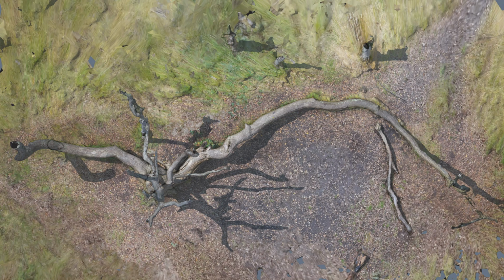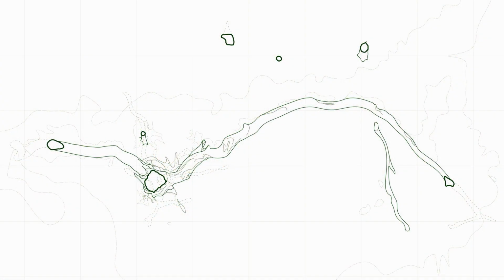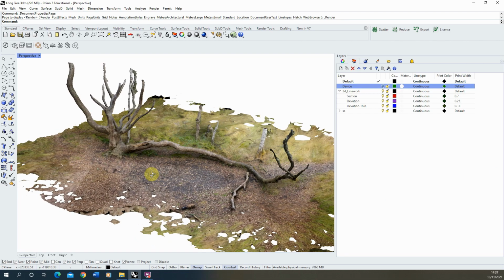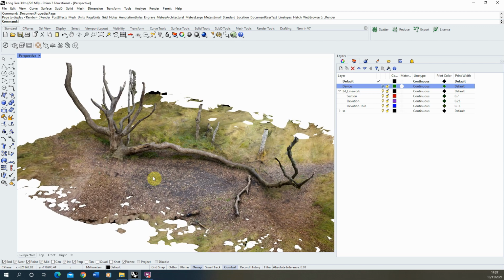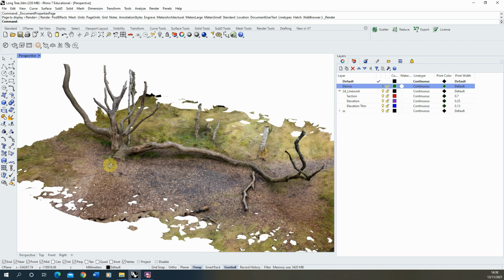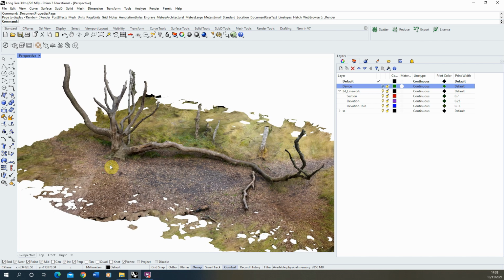This video tutorial goes through how to create plan and sectional line drawings from a 3D scan. We'll begin with how to start to work with this 3D scan once you've imported it in, and this video follows on from my previous video on how to create these 3D scans and then how to import them into Rhino. Once you've imported it in, it is likely that the scale of these objects won't be quite right to